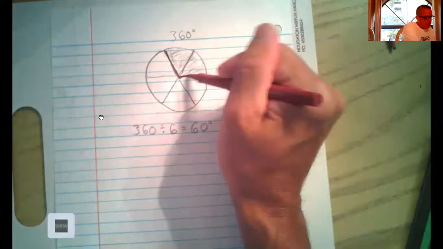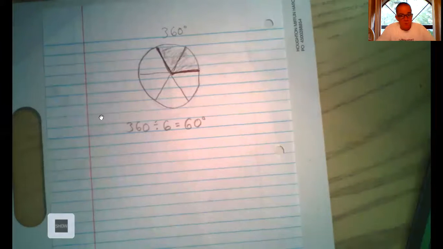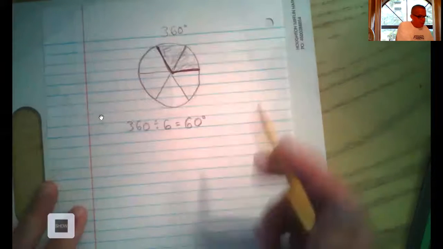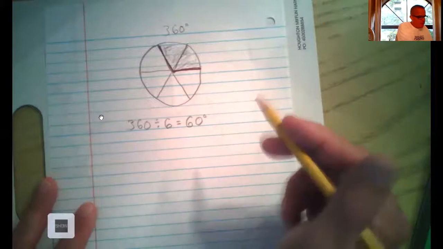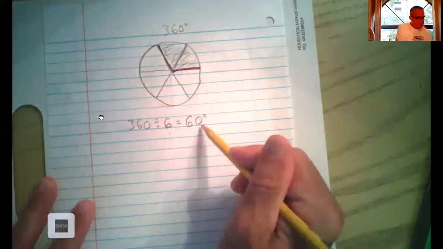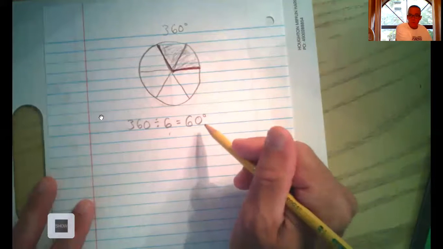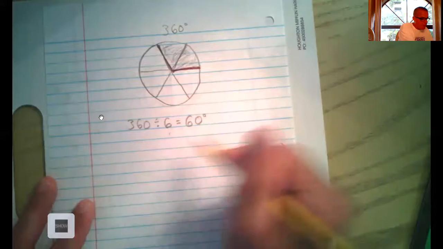That angle is 2/6 of the pizza. So 2/6 of 360. What I'm going to do is just what I just did: take 360 degrees and break that down into 1/6, which gives me 60. But now I know it's more. It's twice as much as 60, it's double it. So this angle right here would be